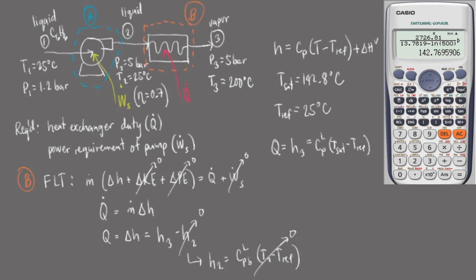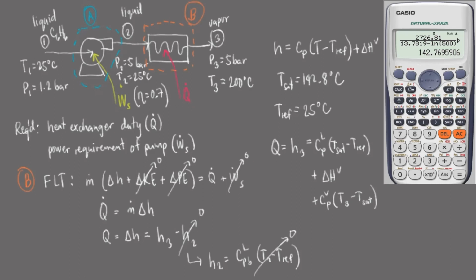That's why the temperature range is from the reference temperature, 25 degrees Celsius, up to its saturation temperature of 142.8 degrees Celsius. This is for the liquid benzene. From this, we add our enthalpy of vaporization of benzene. This is for the transition from saturated liquid to saturated vapor. And then finally, we have the Cp of vapor benzene multiplied by the temperature of stream 3 minus the saturation